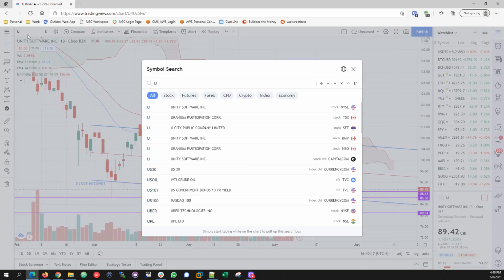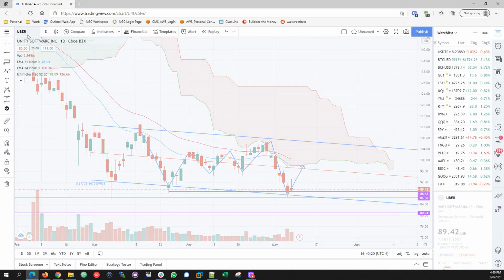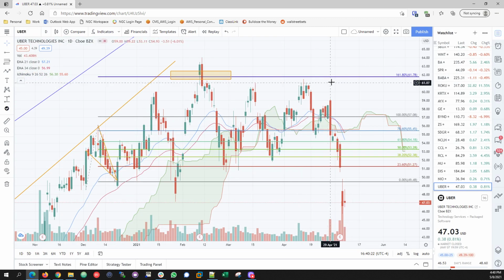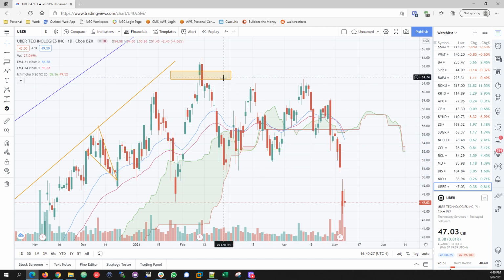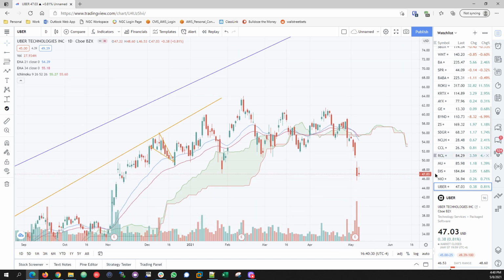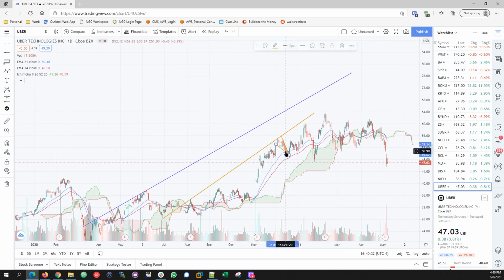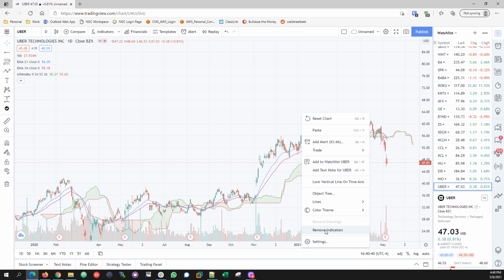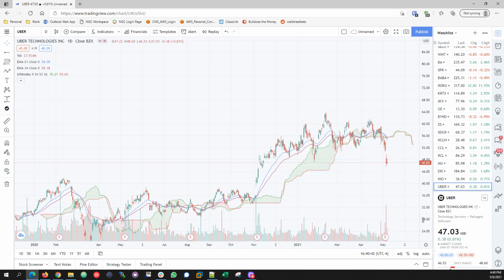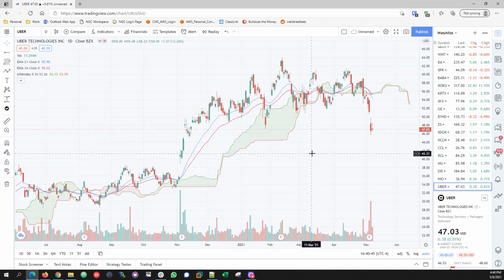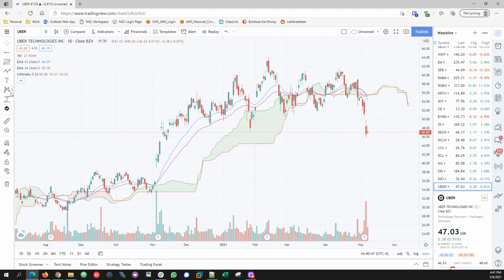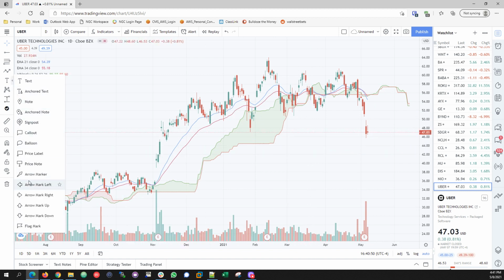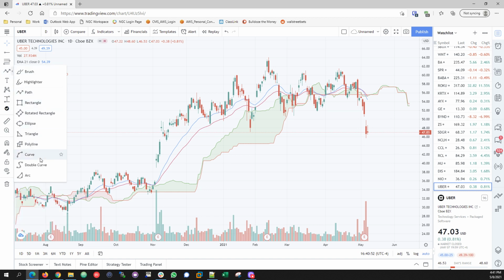Last stock of the day, and it's been more than an hour. Uber. Let's take a look. Uber lost its trading range, so let's zoom out. Let's delete all this. And I've been pretty much always spot on with Uber, short term, long term, doesn't matter. This is a chart that I was pretty consistent on. I don't know if I reviewed Uber recently or if I reviewed Uber from a TradingView chart, but